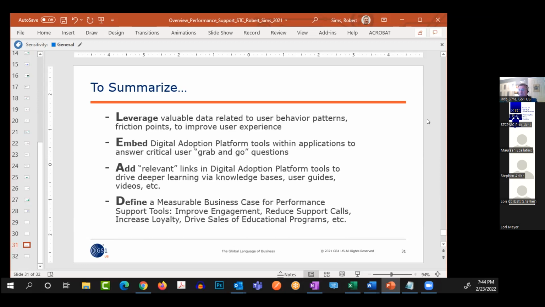And finally, that really starts with a measurable business case. If you define that measurable business case, whether it be improved engagement or reducing support calls or increasing loyalty, or even driving sales, which may not happen as much at GS1 US because we're not for profit and we're a neutral company, but we do have a marketing team. But I could see in other areas I've been, I think this education would have been a really good tool for the sales team to build better relationships with our existing customers and grow that customer base. Certainly a very important part of that experience in other organizations.